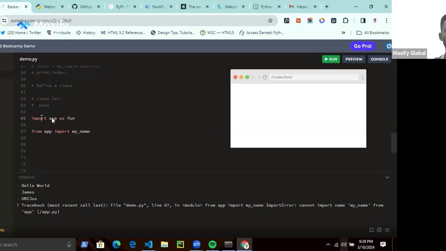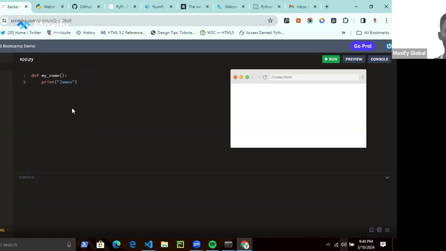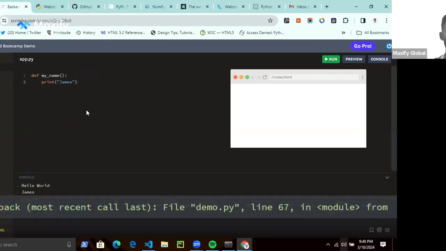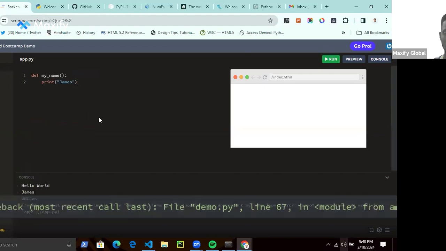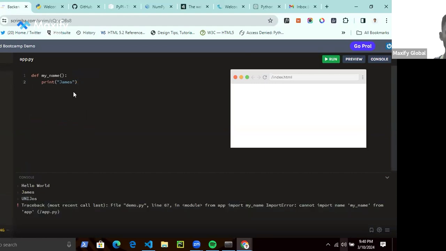So you do import the file name, as you can give it your own custom name, or you say from that app or that module, import my name. I actually have a function here called my name, but for some reason it's not recognizing it.